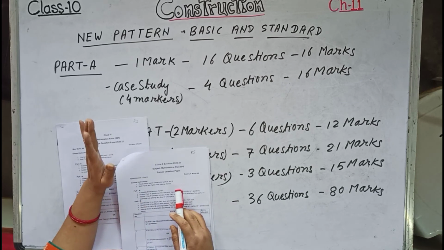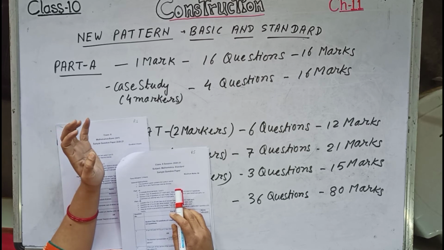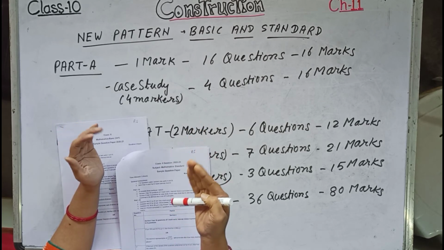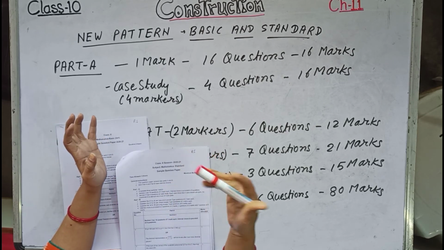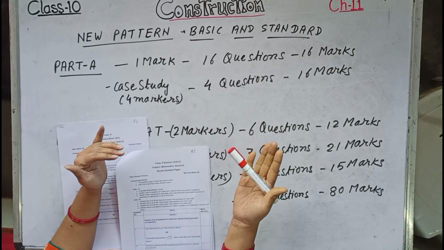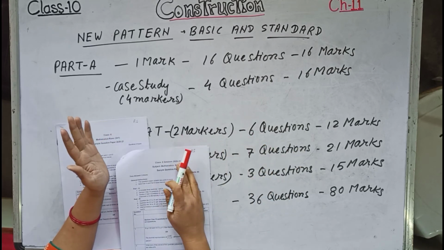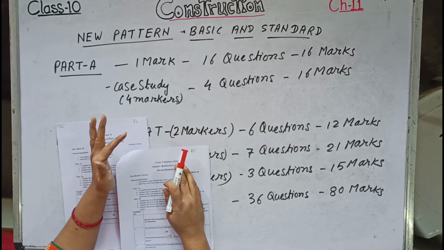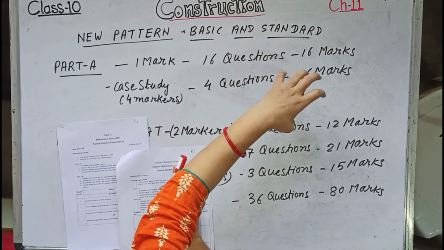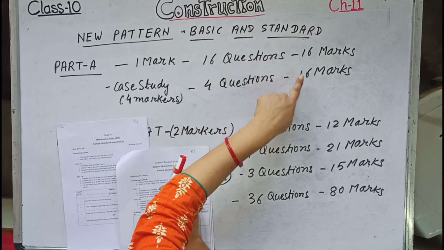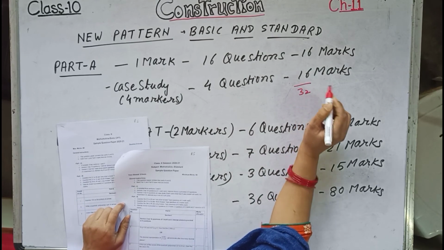This time, children, take care that these are not objective questions. Till last year it was objective: one question had 4 options, and children had to choose one option in the first 10 questions, then answer the next 5 questions shortly, and the next 5 were fill-ups, so 20 questions of 1 mark. This time those 20 questions have been changed to this form, and the marks have been changed to 32. If we count 1 mark questions, it is 32 over here.